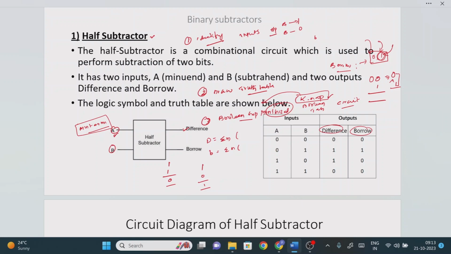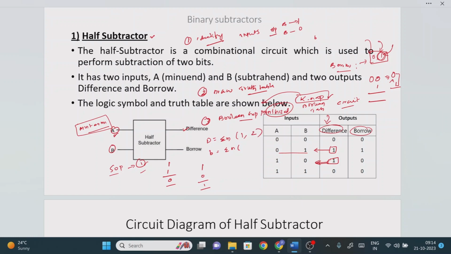Now see, minterms means what function? SOP, right? SOP means what? Representation of the 1s, right? So first we will complete the minterms for difference. SOP means representation of the output as 1, right? So here we have the output 1, right? Here we have the output 1, right? So we are getting this output because of this input value, right? What is this input value? 0, 1. 0, 1 means the decimal number is 1, right? And this output is 1 because the input is 1, 0, right? What is its value? 1, 2.